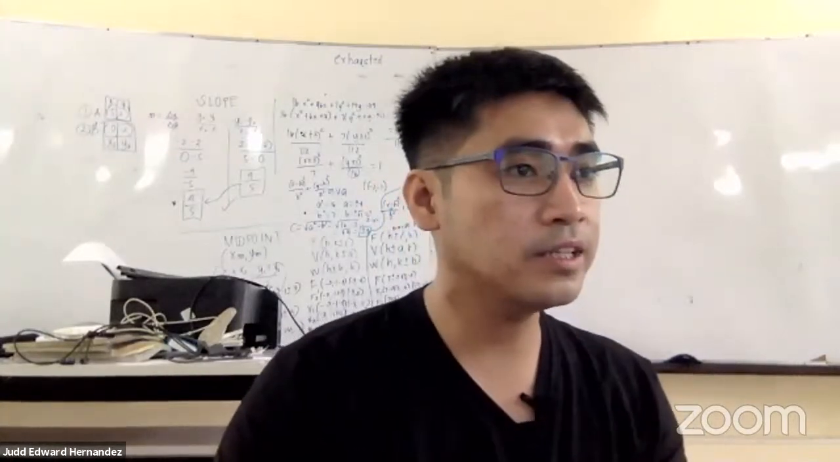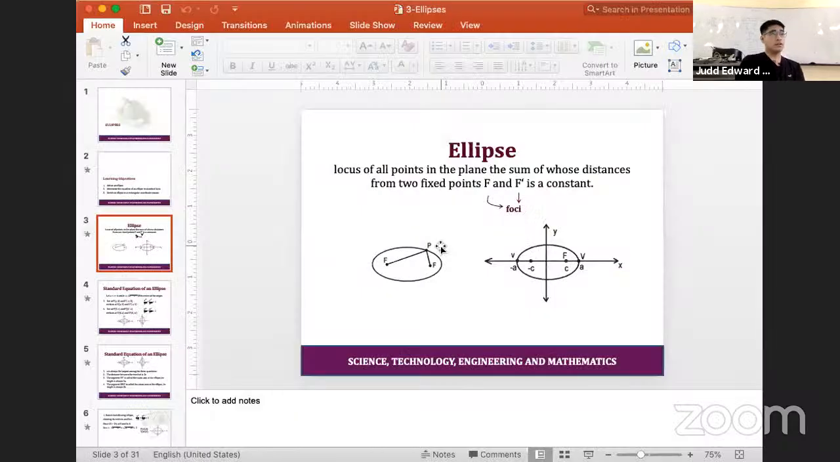Okay, so this is the definition of the ellipse. It is the locus of all points in the plane, the sum of whose distances from two fixed points, F and F prime, is a constant. Kung nagbasa kayo or nanood kayo ng iba't ibang videos regarding ellipse, yung F and F prime is called the